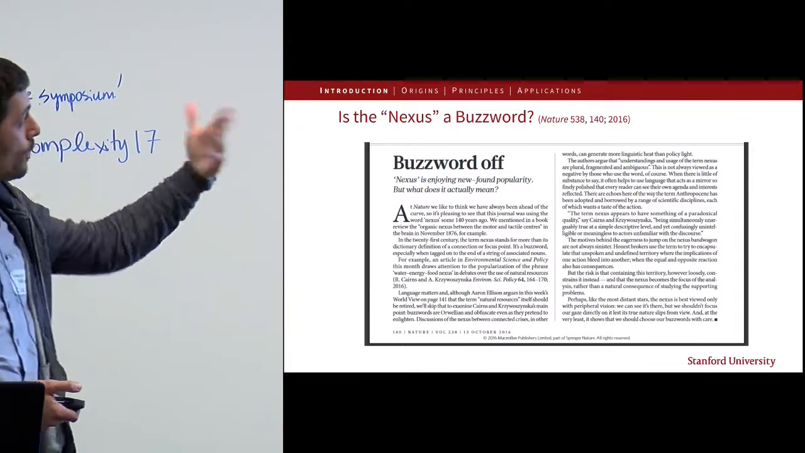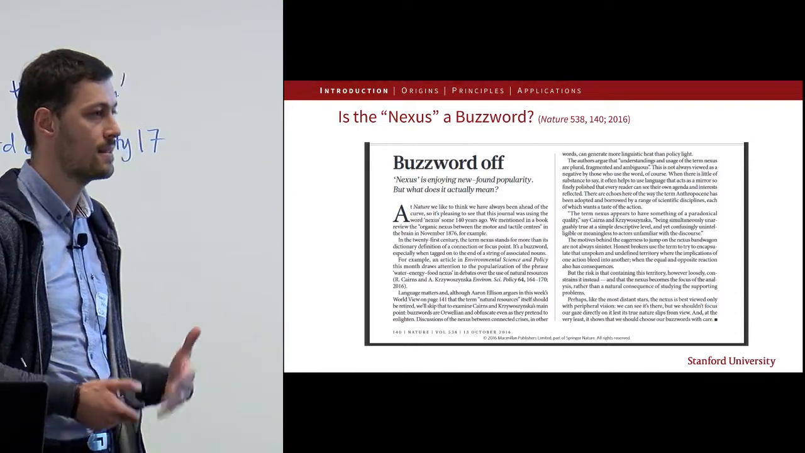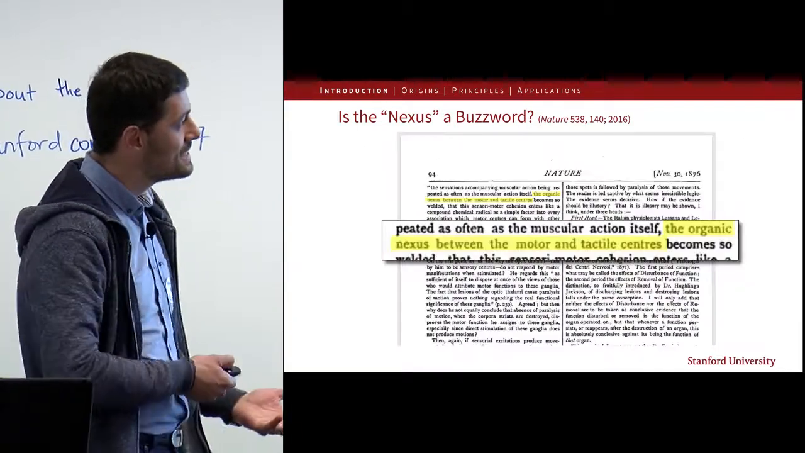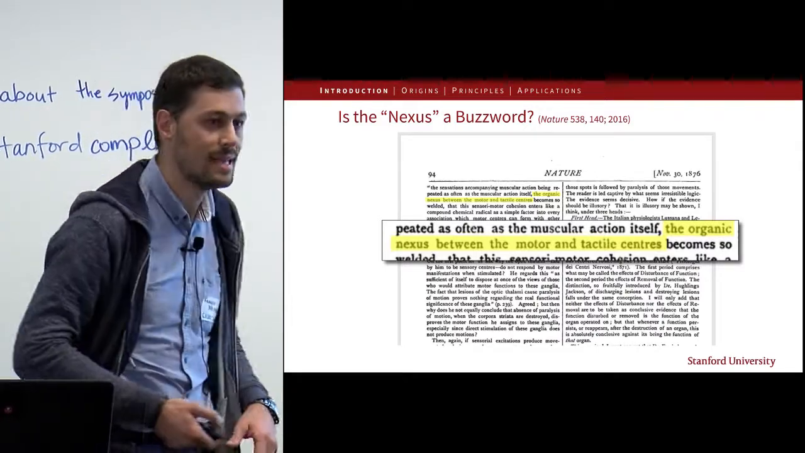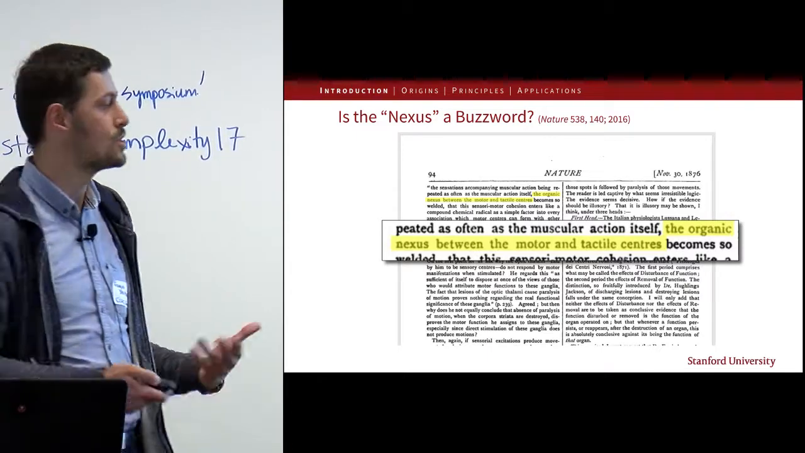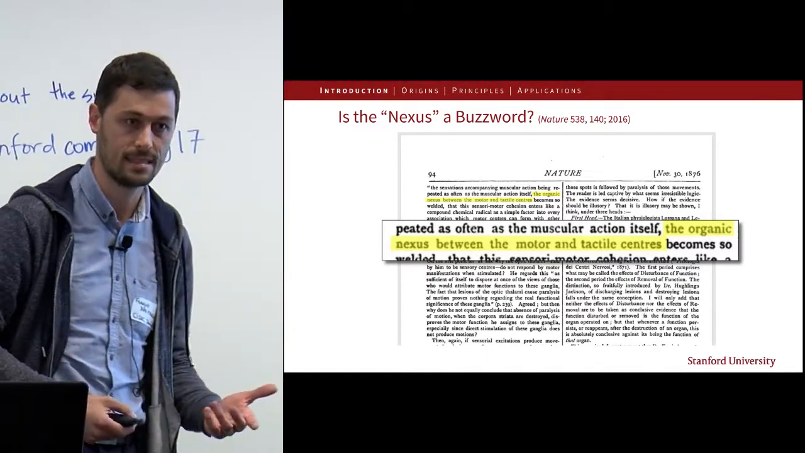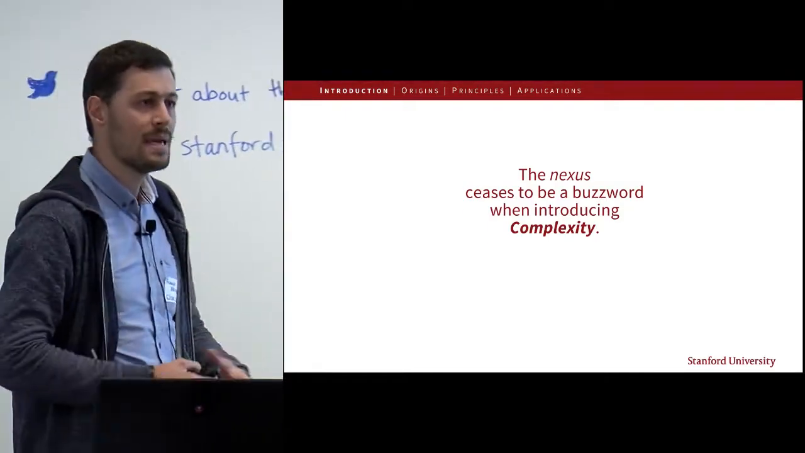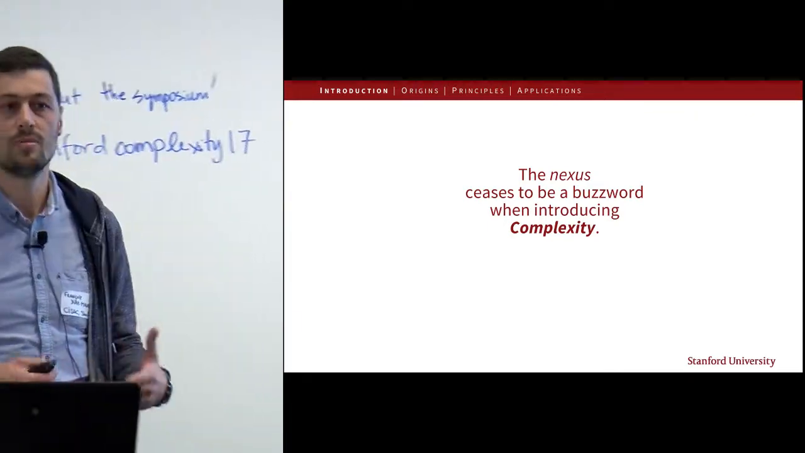An editorial has made a case against this kind of nexus approach, saying basically that this kind of word was already around in the 19th century. So there is not so much that is new. This was used already to explain the functioning of the brain, for instance. But, and it's my main point today, we have shown that the nexus ceases to be